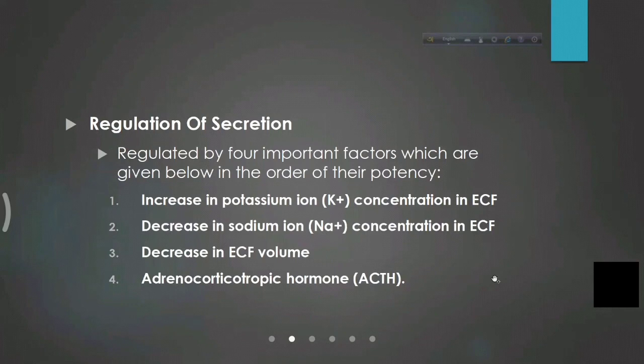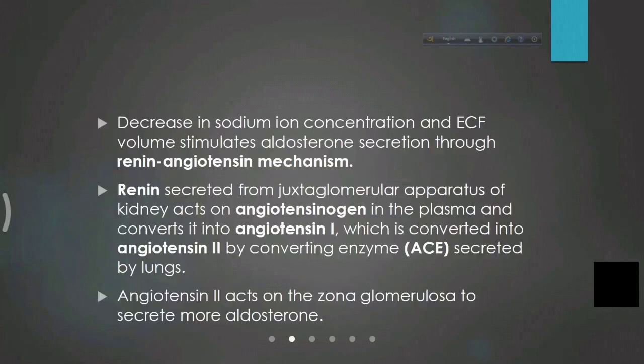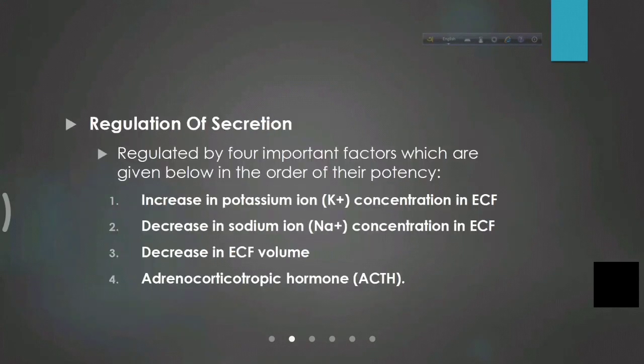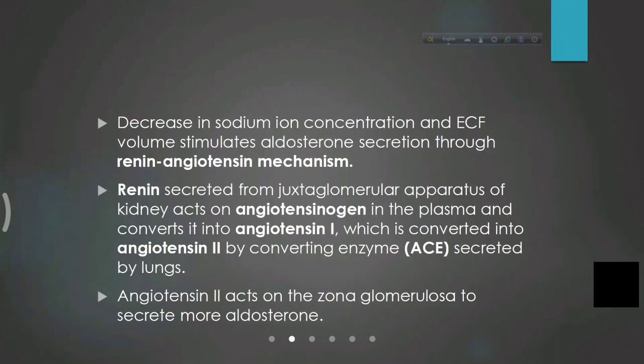First two, increased potassium and decreased sodium ion concentration in the ECF, both of which stimulate aldosterone secretion. Decrease in sodium concentration in the ECF volume stimulates aldosterone secretion by activating the renin-angiotensin mechanism. We know that when there is decreased sodium, it stimulates the renin-angiotensin aldosterone mechanism by the macula densa and juxtaglomerular cells. Juxtaglomerular cells increase secretion of renin, which in turn